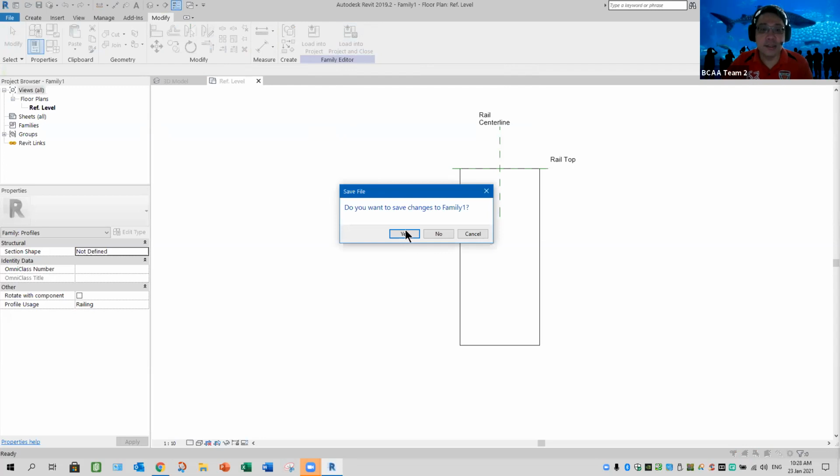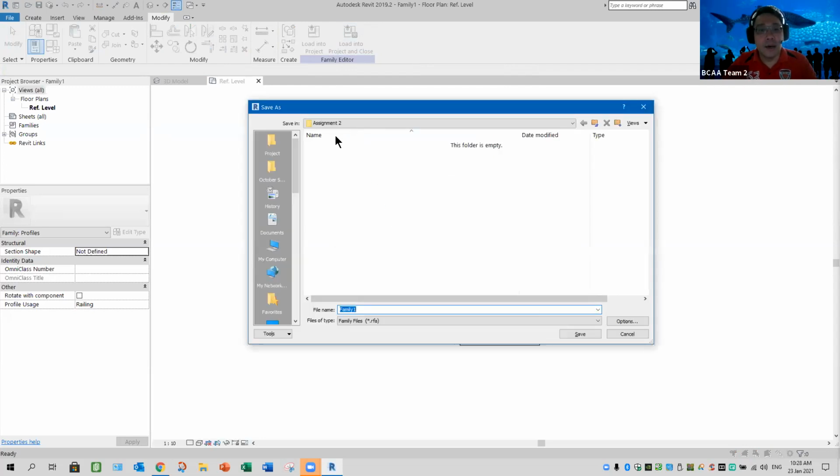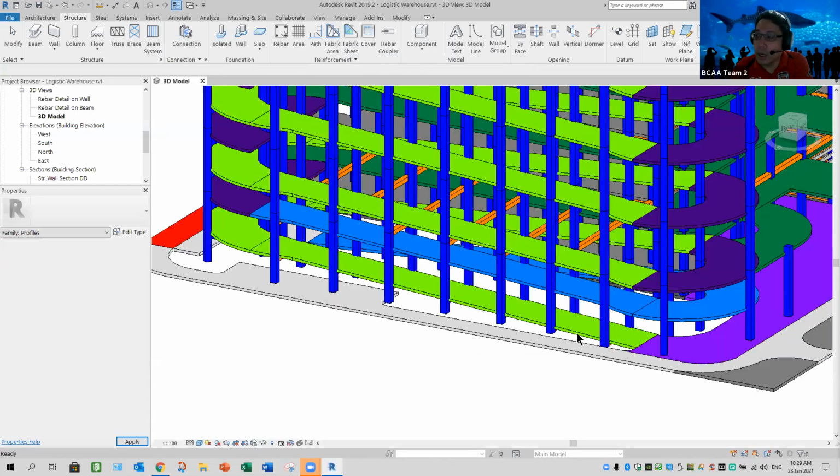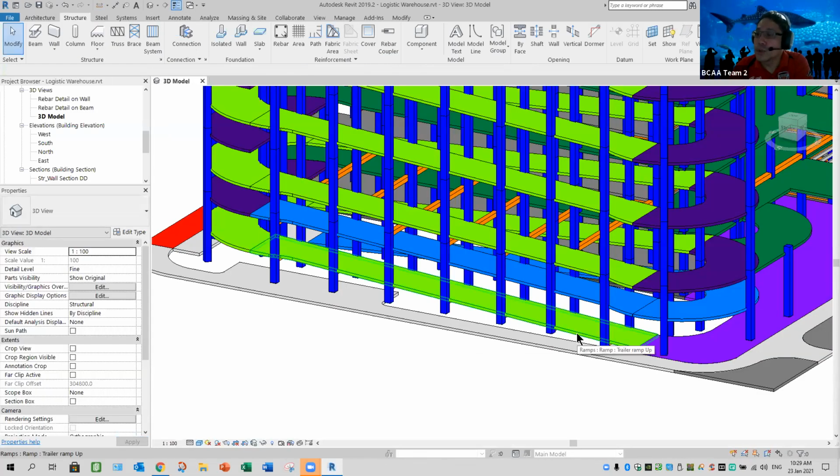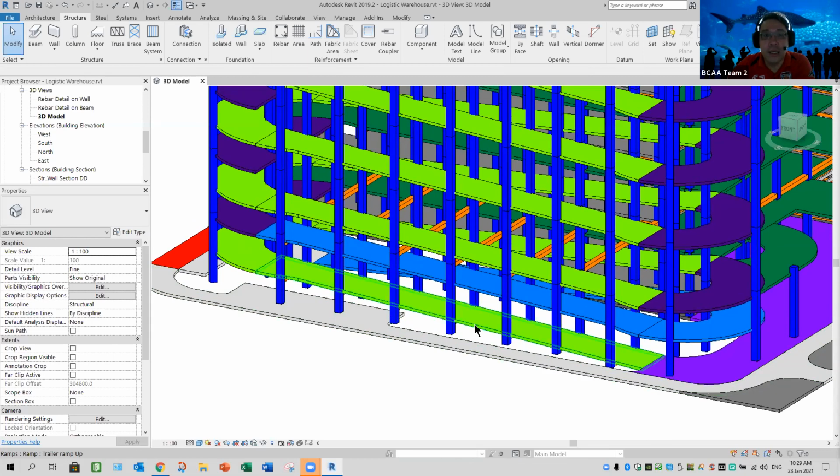They'll ask you to save. Say yes. Okay, under our assignment 2, I call this my rail or railing underscore wall. Height is 1100 mm. Okay, and you load into our project and it closes. Okay, this is your step 1. Create the family first. Once done, you can actually apply your railing here, which is how to add a railing